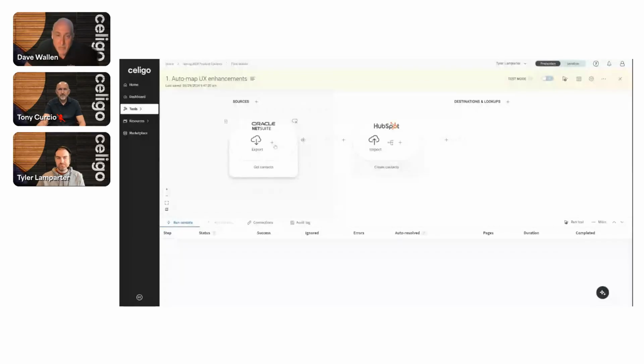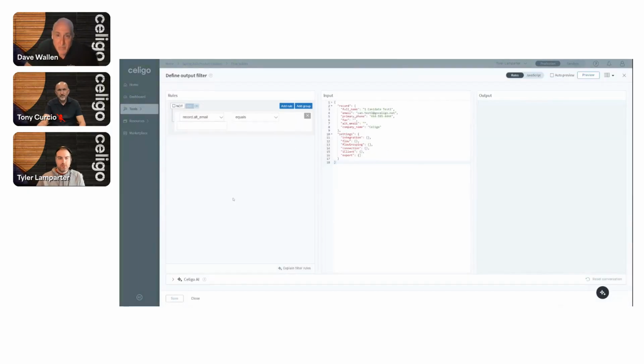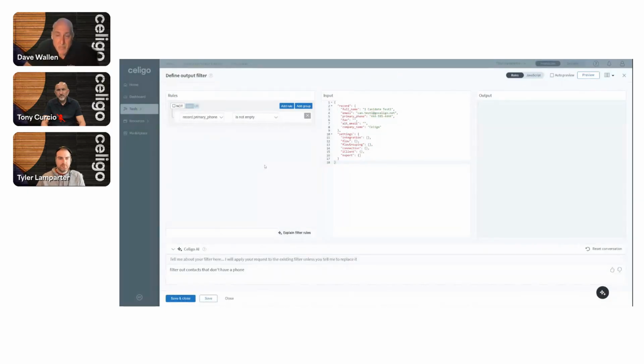So to show you a quick example, if I come back to this flow I was working on, if I go to my source step and click the output filter, you now have Celigo AI down at the bottom. And I can say, filter out contacts that don't have a phone. And then it's going to think here for a few seconds. And then it's going to populate where primary phone is not empty, which is exactly what I wanted in this